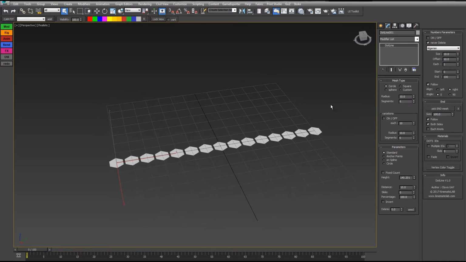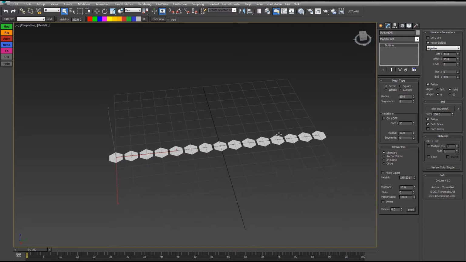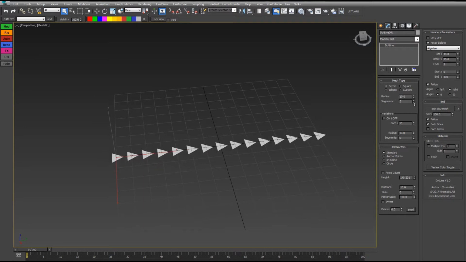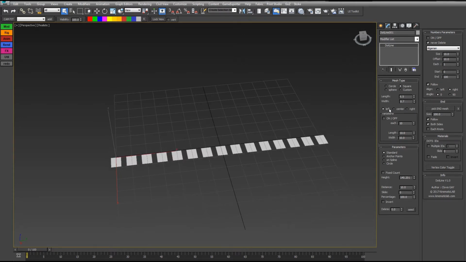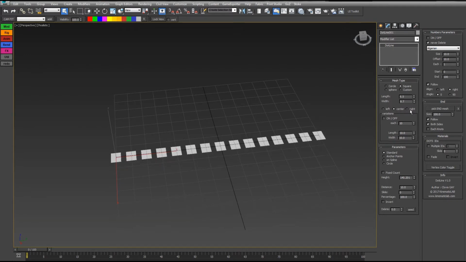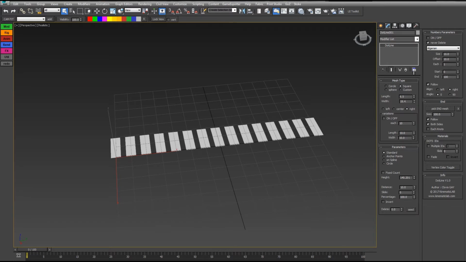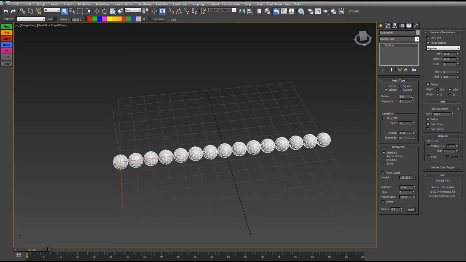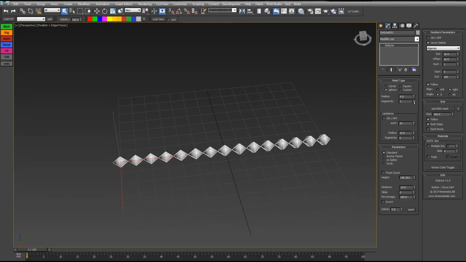So what do we have here? First of all, we have a choice over the mesh type, so over the dot mesh itself. By default it's a circle, so you can change its radius and the number of segments. It can be a square where you can change the length, the width, the way it's aligned. You can have a sphere like that with a change of radius as well and subdivisions,